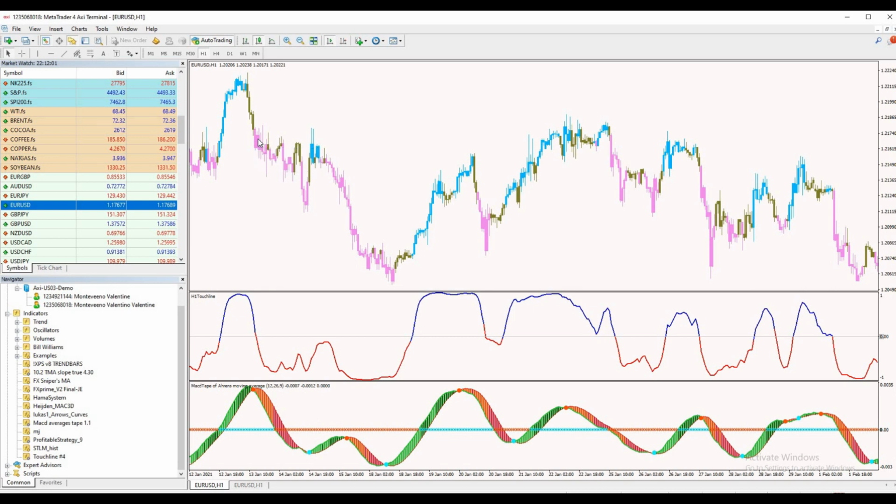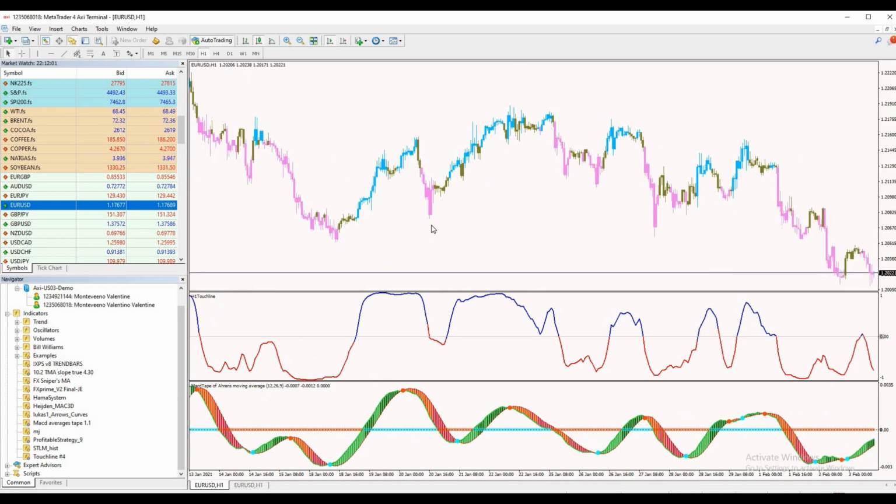So green and pink go alike on the sell side, and on the blue side we can see that it is a buy. Okay, so you don't really need the color coordination. I think what you should be focusing mainly on is the MACD tape, right? And the MACD tape is the cloud that they are speaking about, and in this cloud you can see where you do get your signals, right? So the touch line is not always going to correspond with this cloud,